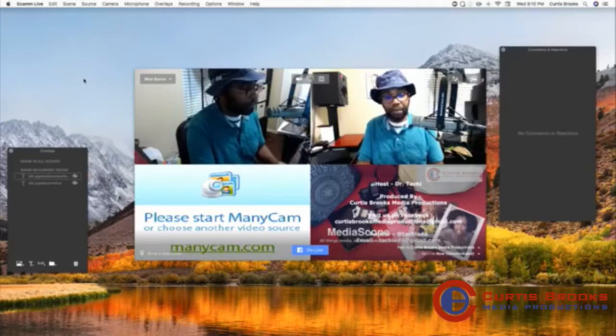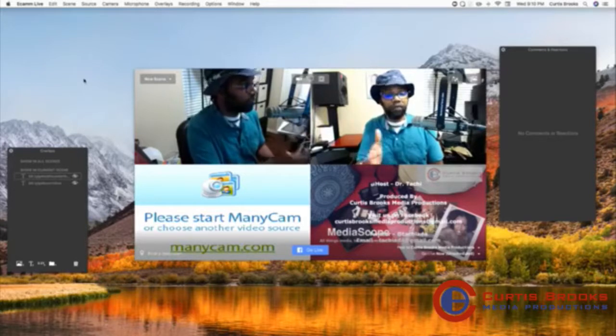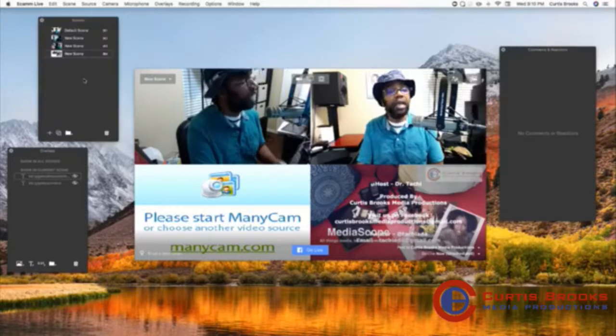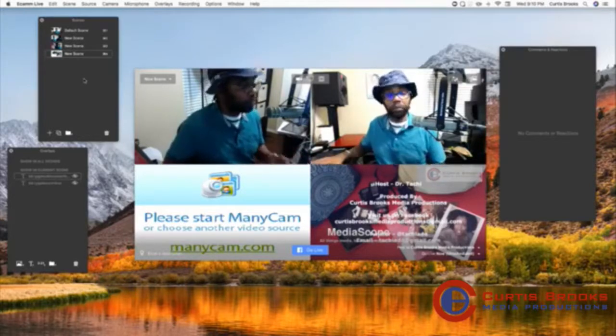I'm using an iMac, and matter of fact, Ecamm is for Macs only. So with the Mac keyboard here, I'm going to press Command and the slash, and I'm going to get the scene to pop up again. That's going to be the dialog box, and they give me those scenes in case I want to change those scenes. Okay, so that's what I'm looking at now.